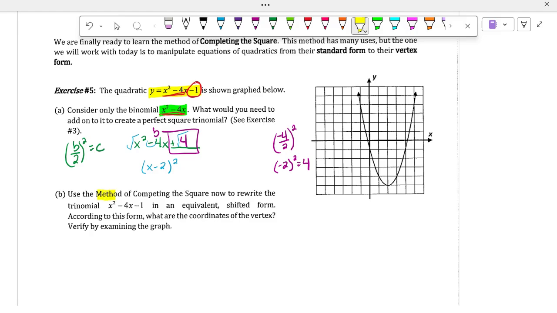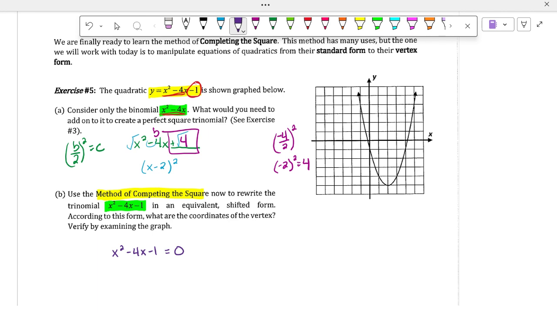So, when you are using the completing the square method, you start by setting your standard form equal to 0. If you remember back in Math 1, whenever you're solving a quadratic equation, you always want one side equal to 0. That helps out in making it into vertex form. It helps out when we get to the solving aspect of this, which is a later unit. But we can always set a quadratic equal to 0 and manipulate.